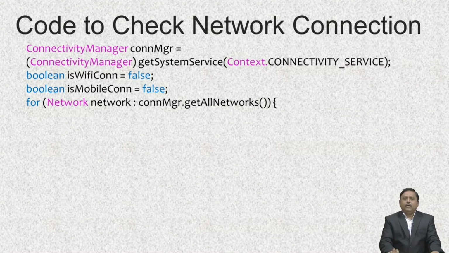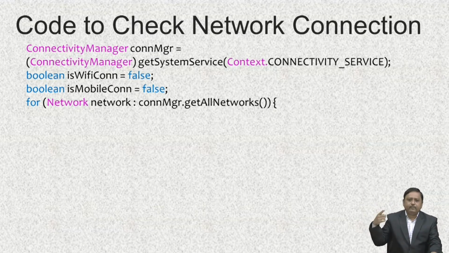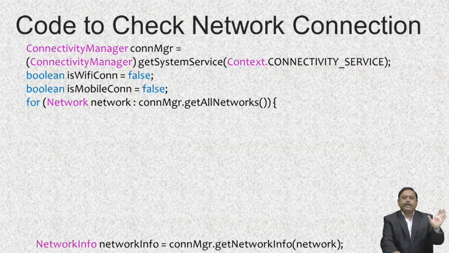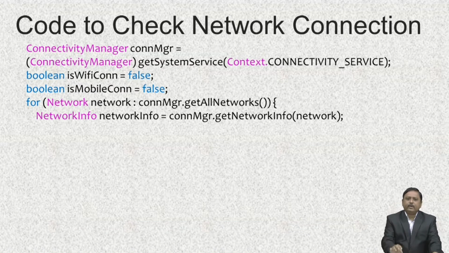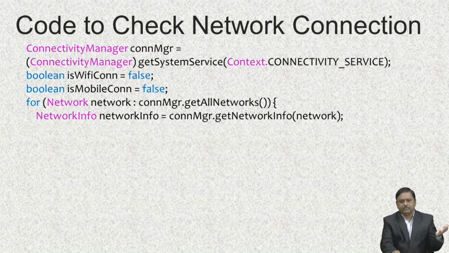Now, the second object is of type network. Here I have written a for each loop. So we have created one object of type network which gets all the networks using Connectivity Manager one by one and checks whether that connection is Wi-Fi or mobile. So inside network we get each kind of network, and